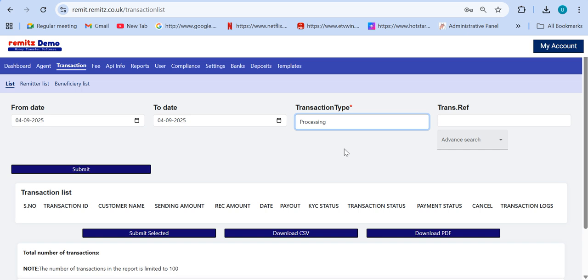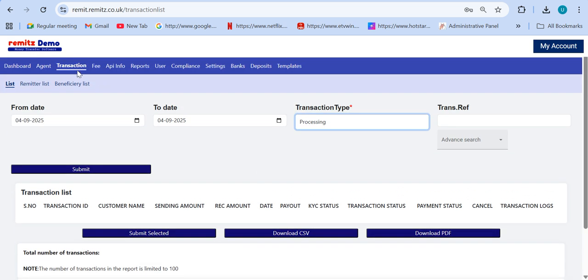If you are using an API, the whole process is automated. But if you don't have any API or payout partner, and you have other persons in those countries who will process those transactions for you, you have to provide a login ID for them. They will be able to see all the processing transactions and pay the customers. After paying, they can change the status to funds received, or paid, so that the status is updated and the remitter is notified about the funds received by the